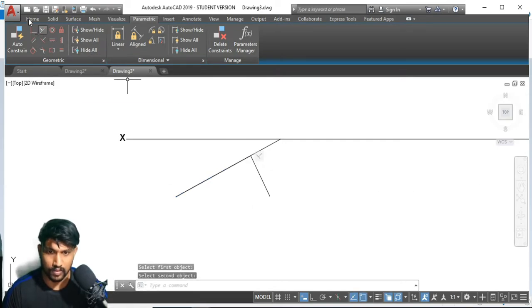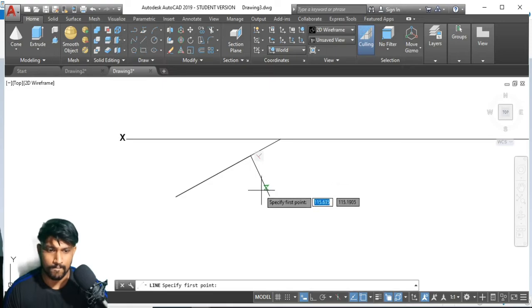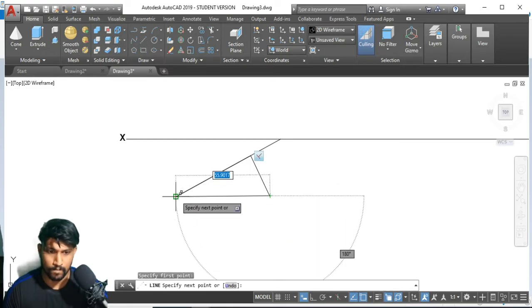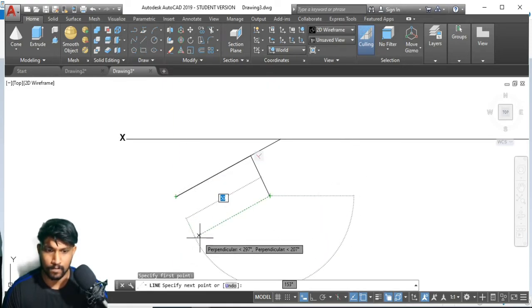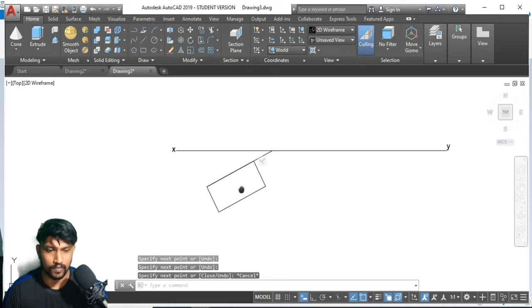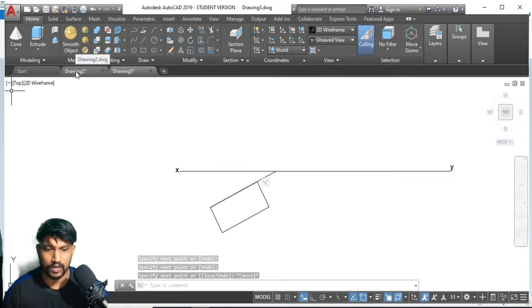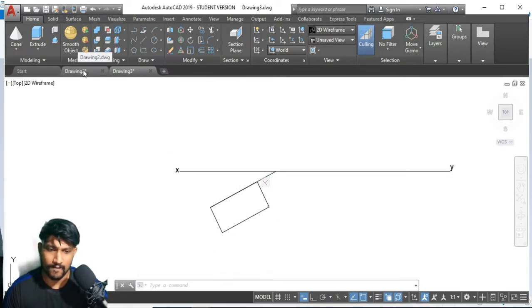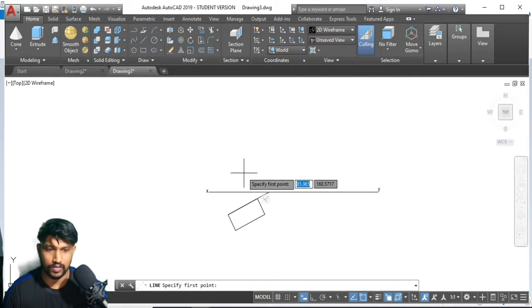Okay, these two are now perpendicular. That's just what I needed. We'll give the namings here so that it is very clear.